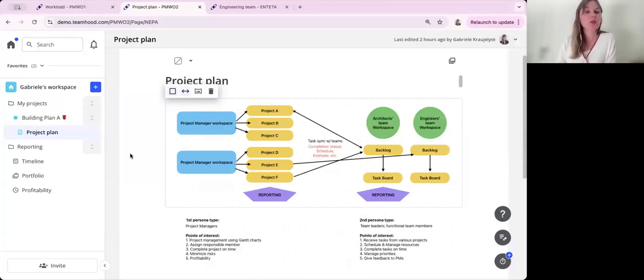Yeah, so I will now explain the data structure, how I would recommend structuring your project data using Teamhood when you're working with such long-term projects but you don't have a functional team dedicated to your work. In this case, I'd recommend every project manager have a separate workspace. So you can see here different workspaces, and we're managing different projects. In this case, we have building plan A that Gabrielle is managing, and the relevant reporting that you can